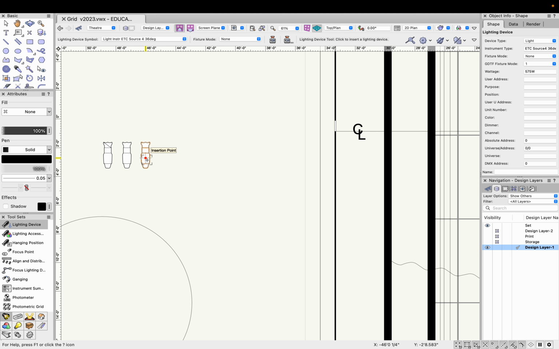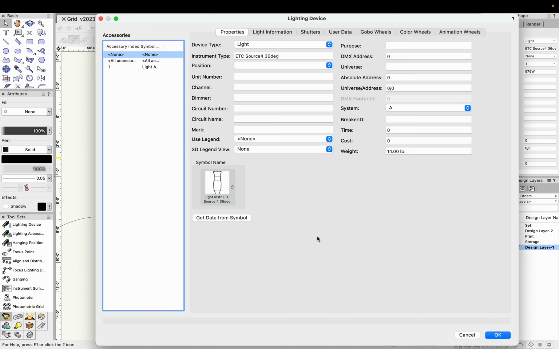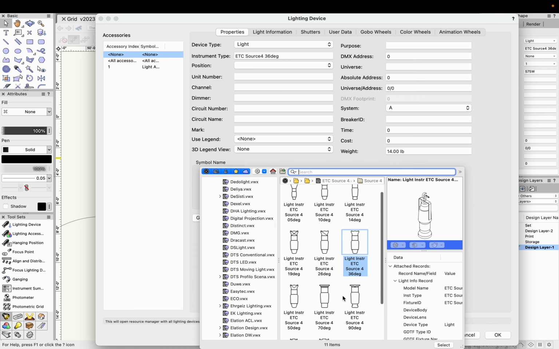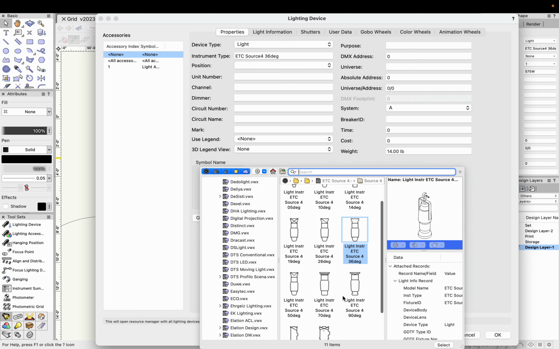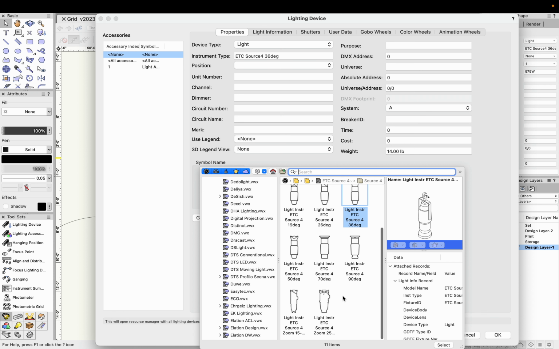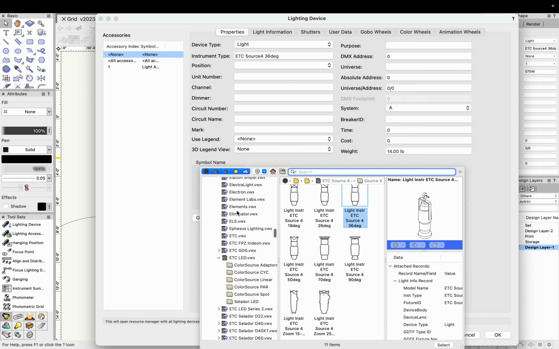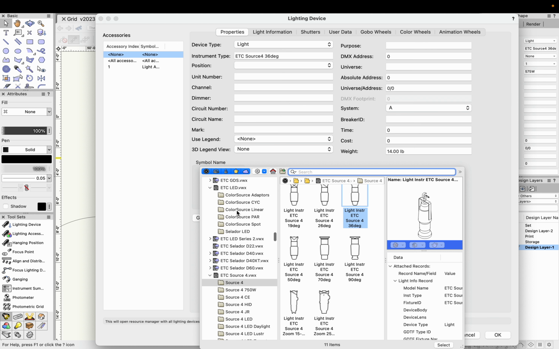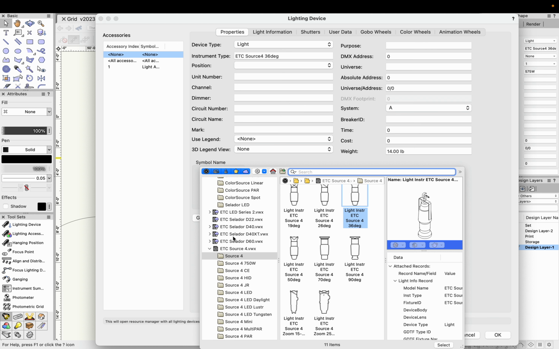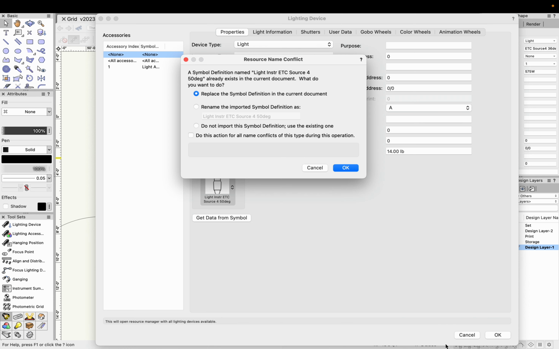And then hopefully a dialog box will pop up. Oh, I need to get back into my selection tool. So now I can just use this double arrow to click into that, and it already pops up into my Source 4 part of my catalog. Everything here, you can see all these different folders, kind of like how we had all those different textures. This is under ETC Source 4, and we're just picking Source 4, and now I'm going to get my last one, which is a 50 degree. So I'll highlight that, select,